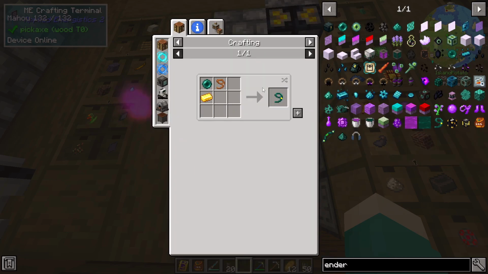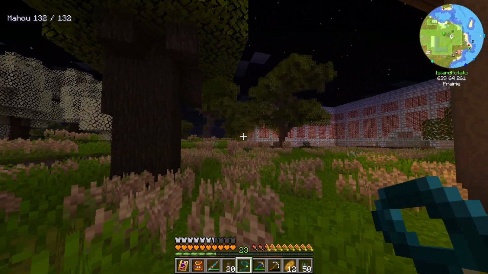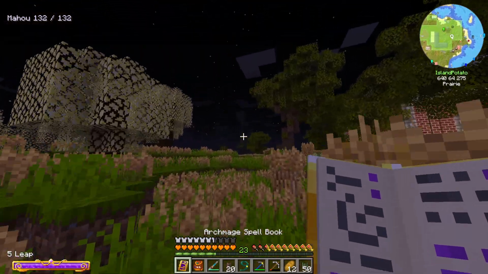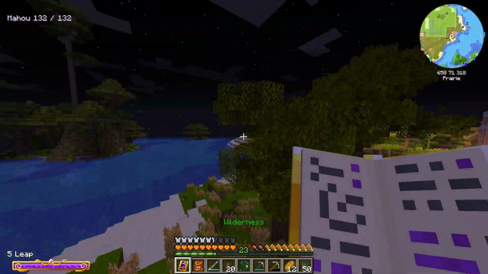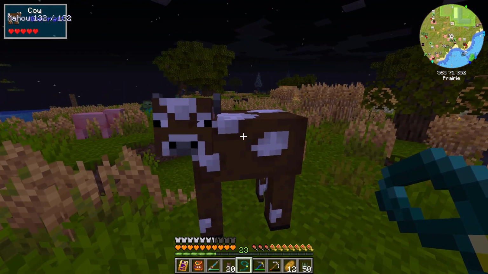We're going to get the Ender's Farmer's Lead. This enables you to pick up animals, and you can then pop them down anywhere you want, just from, I believe it's left click, not right click. Hello, cows. Yeah, right click does nothing, and I want to punch it, which seems a bit weird, but...